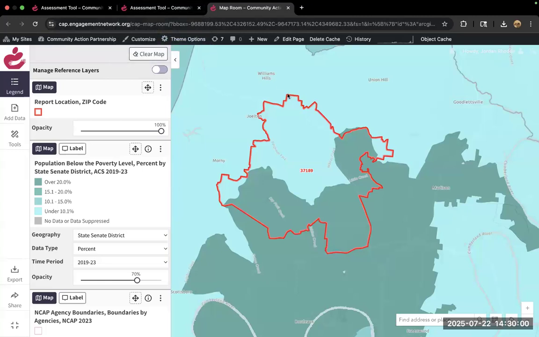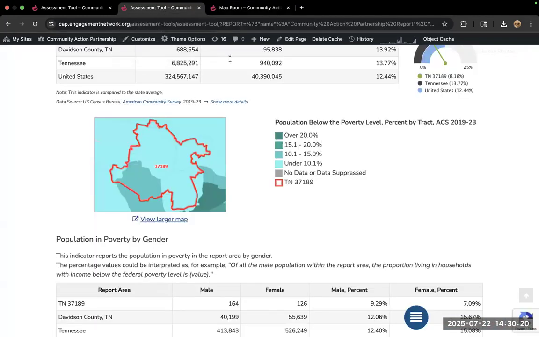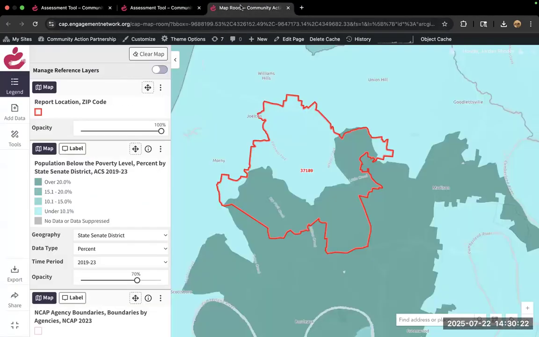Now might also be a good time for a quick side note. I know for any of us who are data nerds, the data landscape has been changing a little bit recently from some of our federal sources. I will tell you all that currently, all of the indicators in our needs assessment and the map layers in our map room, none of their update schedules have been impacted. And so know that these data are still coming at you and updating as they are supposed to.